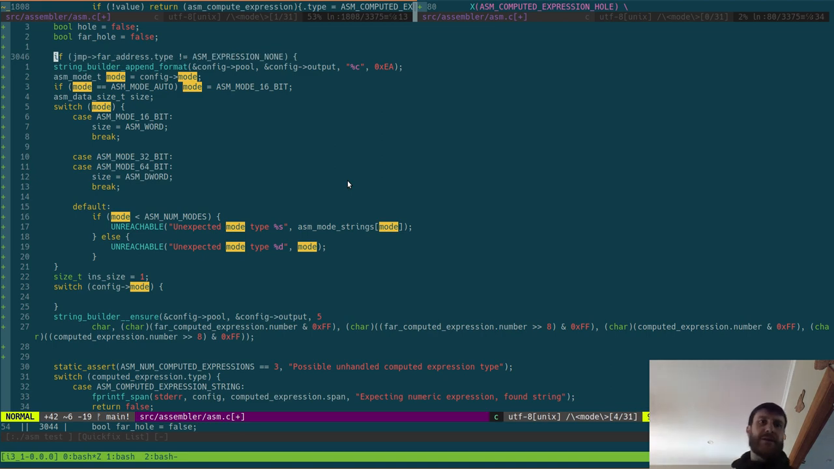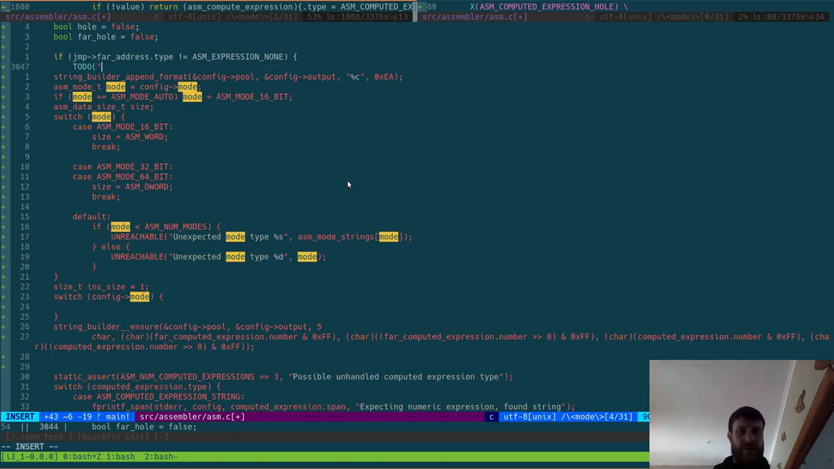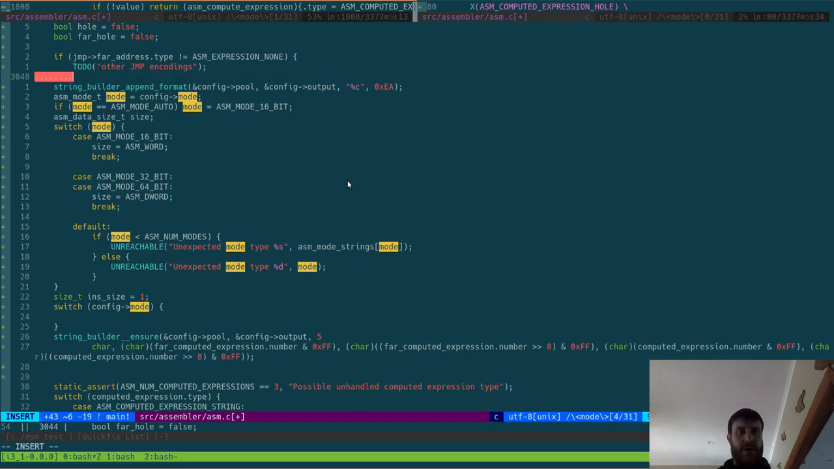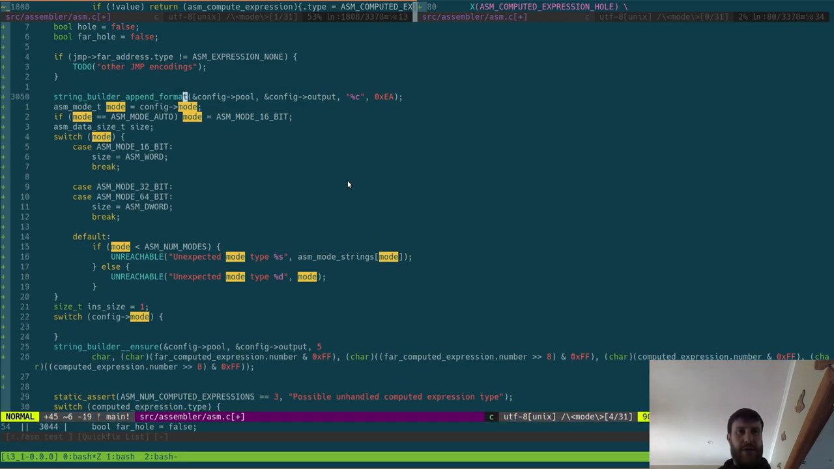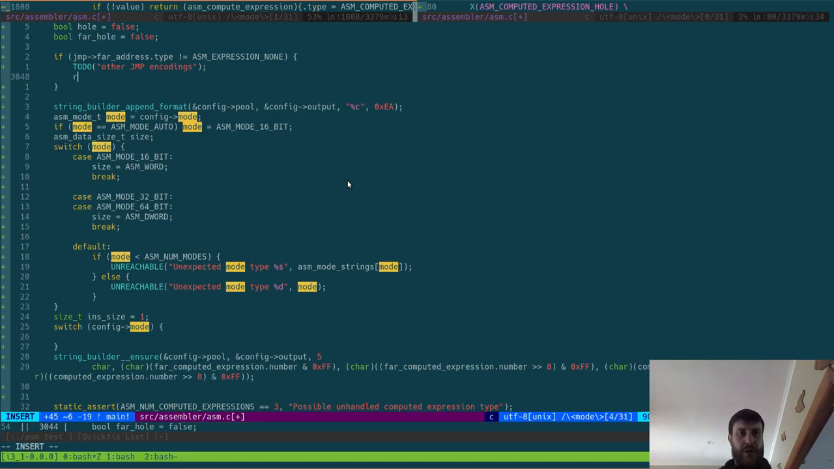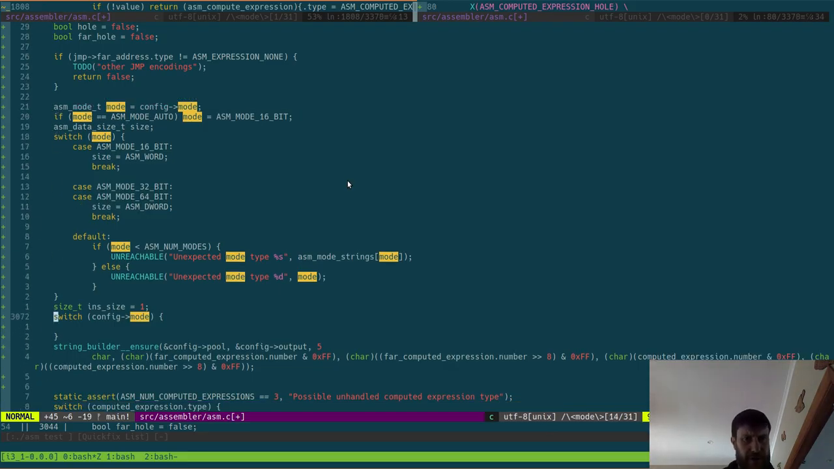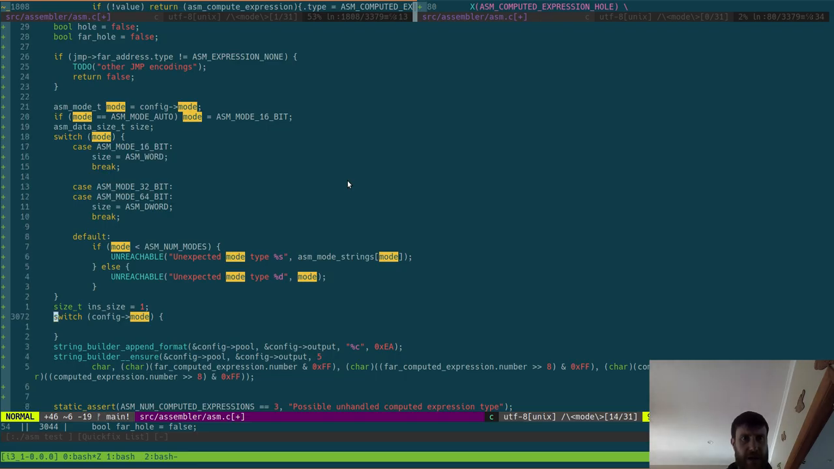So if this is the case, then we just want to do that to do other JMP encodings, something like that. And does to-do should be false. I can't recall if it quits or not. So all this I kind of want to make sure is down there. And here we can have